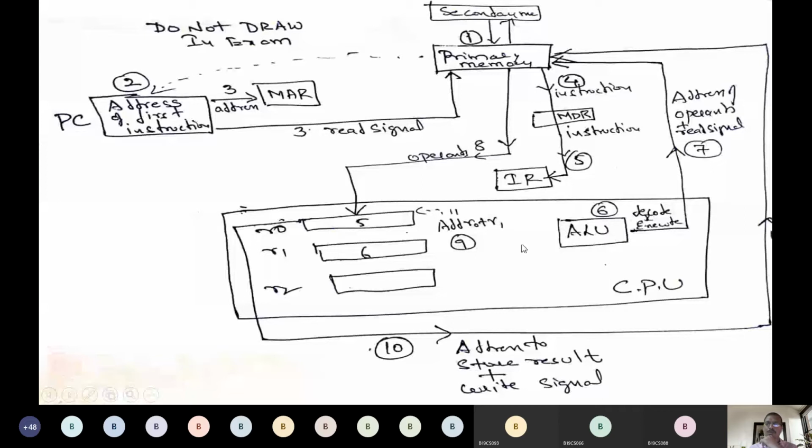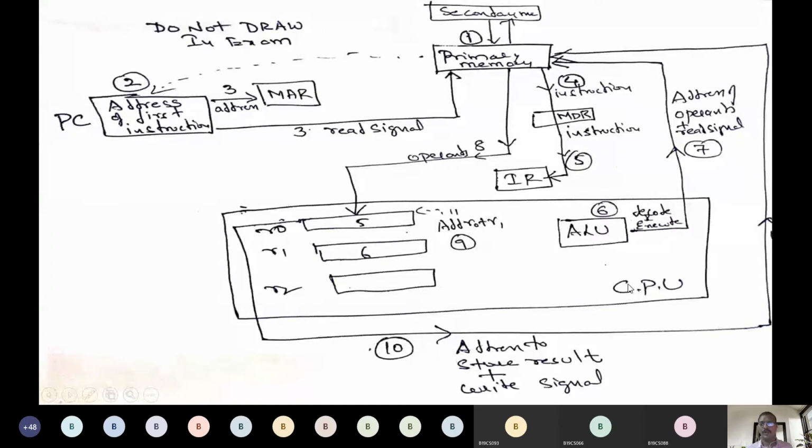Both IR and MDR, they are inside the CPU. Remember, they are inside the CPU. So MDR and IR both are inside the CPU. Generally, when we give a read operation, data is transferred from primary memory to the CPU. The data comes to IR, and IR is inside the CPU. Actually, in the diagram IR must be inside the CPU. I drew it outside the CPU, but it's inside. So when a read operation happens, data travels from primary memory to the processor, or we can say the CPU.